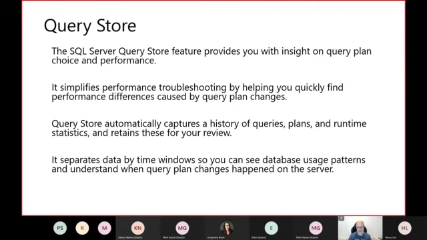So what is this Query Store? Well, I like to define it as the flight recorder of our user databases. Right?